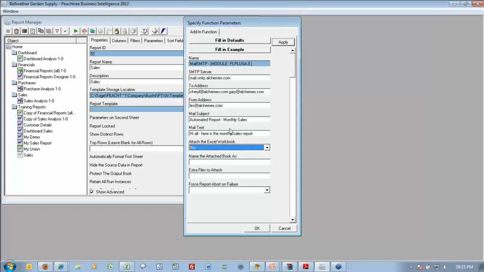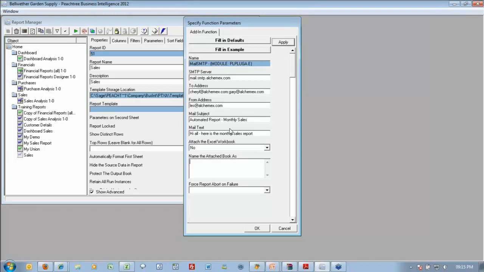Are there any other special characters that cause problems, for example, quotation marks or apostrophes? No. Quotation marks, apostrophes, no particular problems as far as syntaxing here. The only ones are comma and semicolon, because of the way they impact, but otherwise there would be no particular issues. So I can say not to attach the workbook,